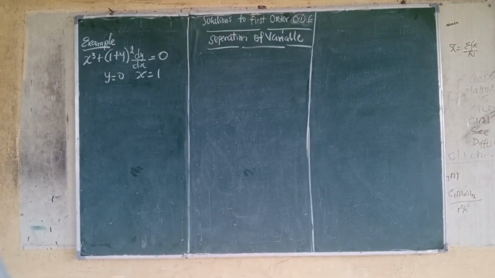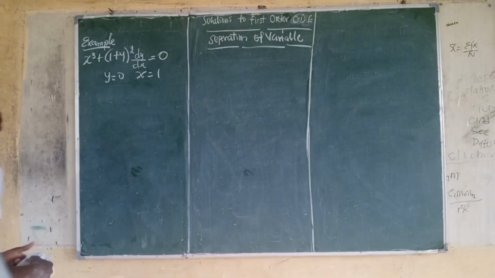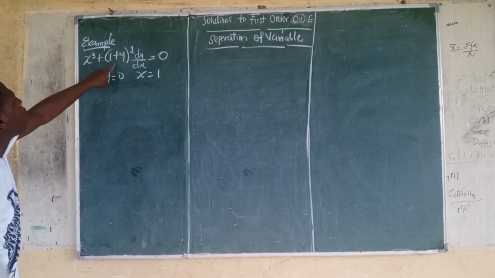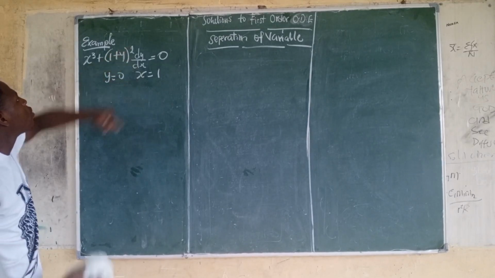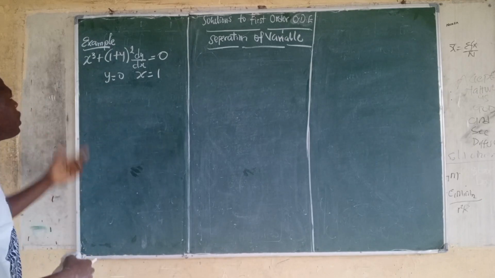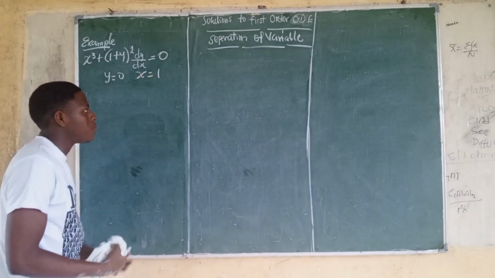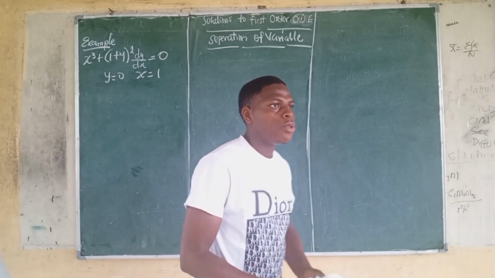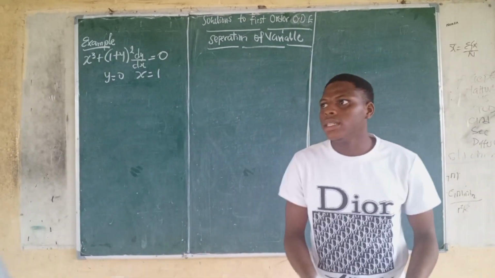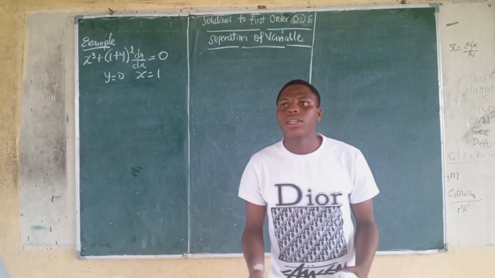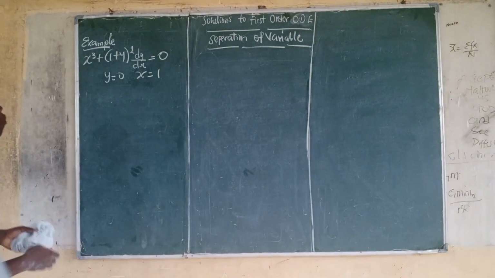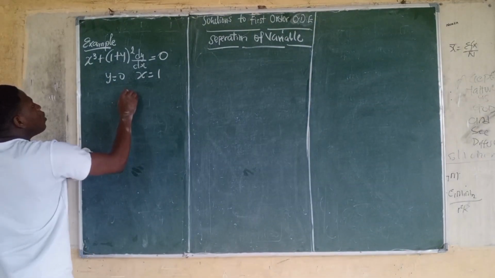Now let's take another example. This example says: x raised to the power of 3 plus 1 plus y raised to the power of 2 dy over dx, and this is equal to 0. I told you the first thing is to separate your variables. You take your variables for y to one side, and your variables for x to the other side. So if we do that to this equation, we'll have: